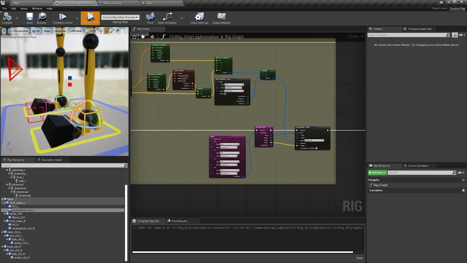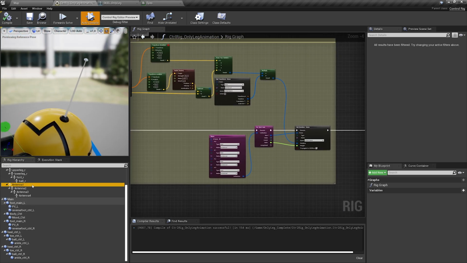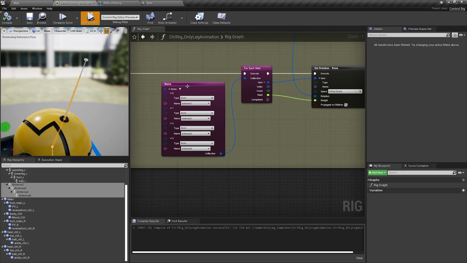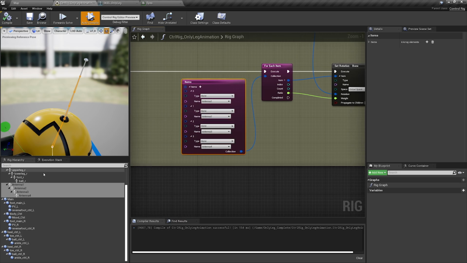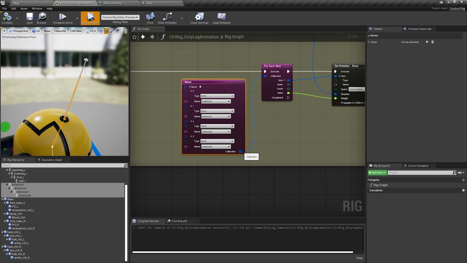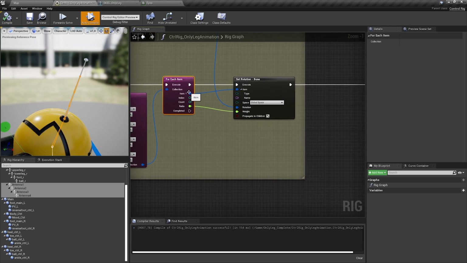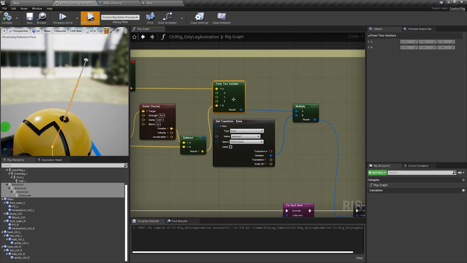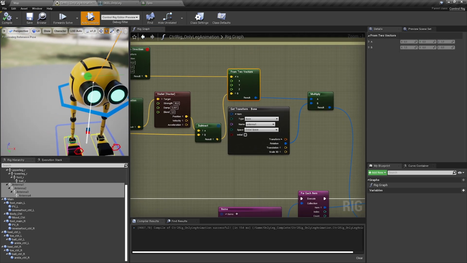For the antenna, up here, the antenna is a chain of bones from antenna 1 to 4. And I'm using a collection. A collection is a list of items, and you can easily create one by just dragging it in and saying create collection, like I did here. And then I'm taking those and iterating over them for each. And for each item, I'm setting the rotation, which I calculate, so I'll show you in a second, with a weight. And the weight depends on the ratio, which is a number between 0 and 1 on the item chain here. So for the rotation, what I'm doing is I'm calculating from 2 vectors based on the body bone.